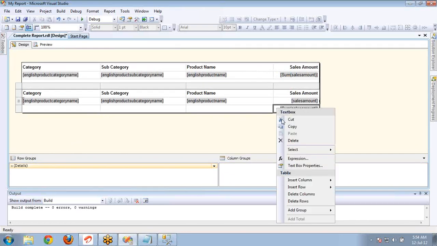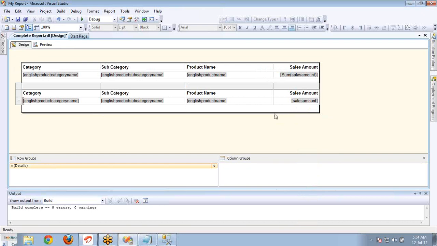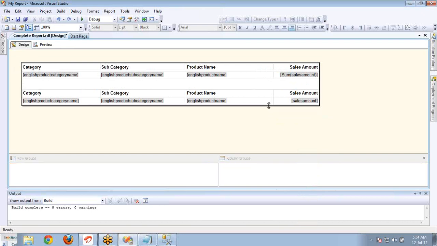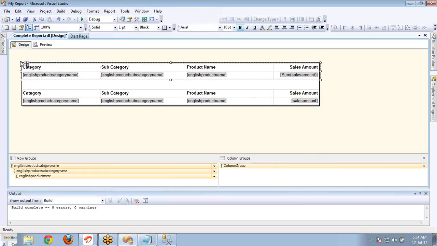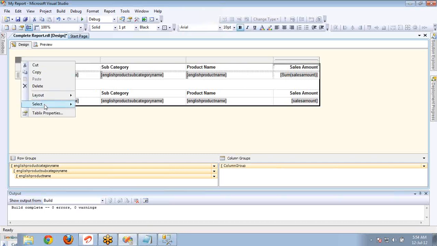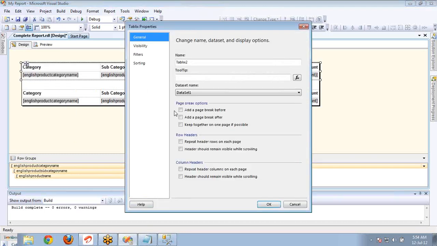Now this is my basic report, and both are Tablix formats here. This one is a Tablix and this one is a Tablix. Okay, both are Tablix. So let's see the Tablix properties too. There are a couple of properties, and these are easily understandable properties. You can easily understand this. First one is name, and the second one is if you want to